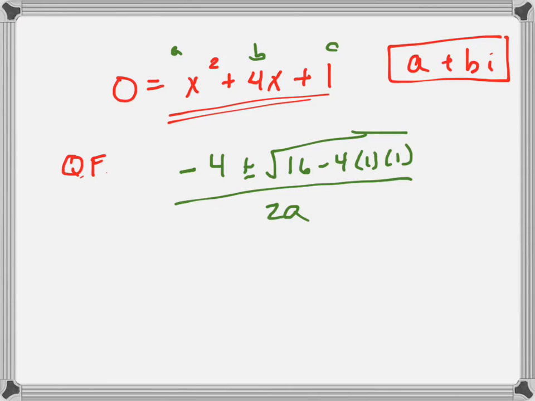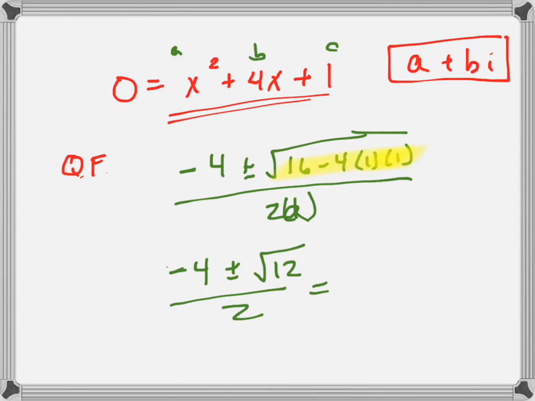This one is going to have two solutions, and the reason I know that is because right here, this is called the discriminant. The discriminant is positive. When the discriminant is positive, you know that there are two solutions. So it's going to be negative 4 plus or minus the square root of 12 all over 2,